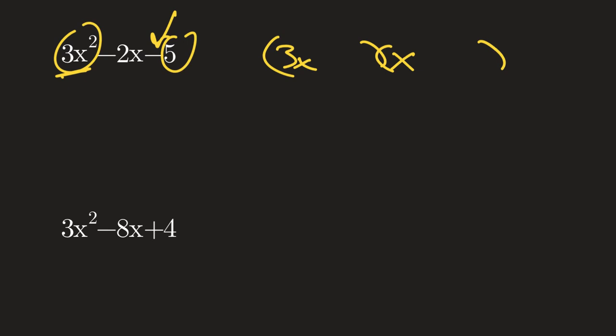Now, 5. 5 on the back end. How many ways can you multiply and get 5? One way. 1 times 5, right? So here's the dilemma. Are we going to go 1 and 5 or 5 and 1? What's our last sign? It's subtraction. That means that the outside and the inside together have to subtract to give me a 2. And somebody said, what do you want to go, 5 and 1? So if we go 5 and 1,